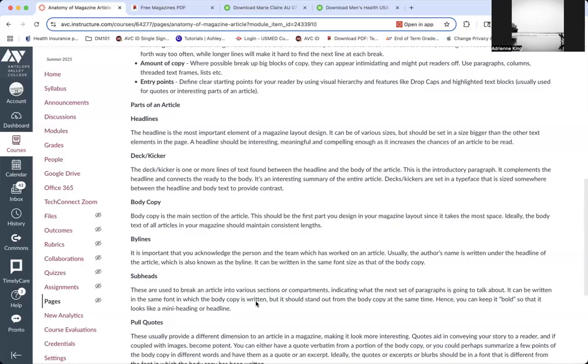A headline should be interesting, meaningful, and compelling enough, as it increases the chances of an article being read. Sometimes a headline is just 1 word, 2 words, but it gets the point across as to what the article